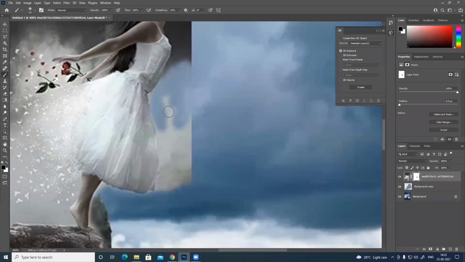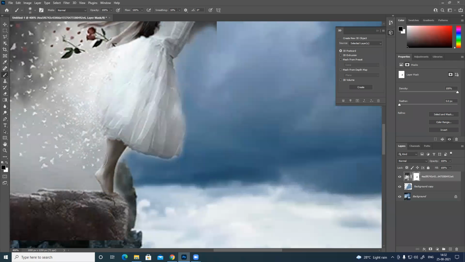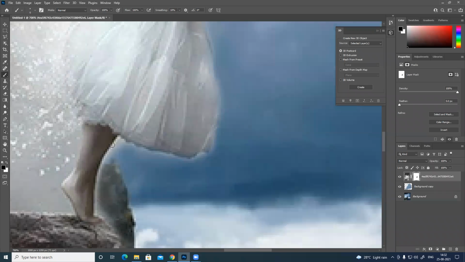You can use a pen tool or lasso to create a selection and fill black. Let's remove everything, then I'll clean up.